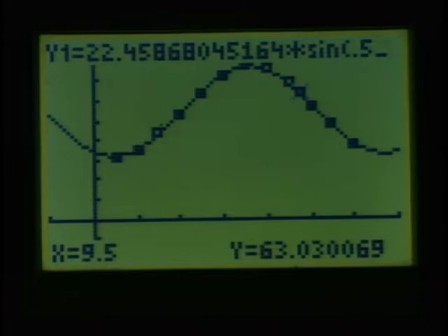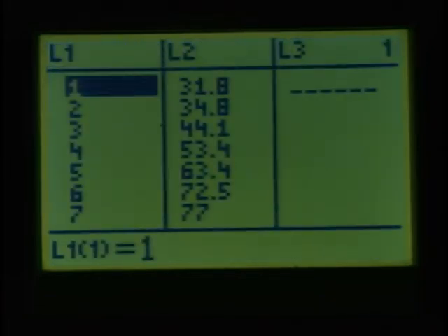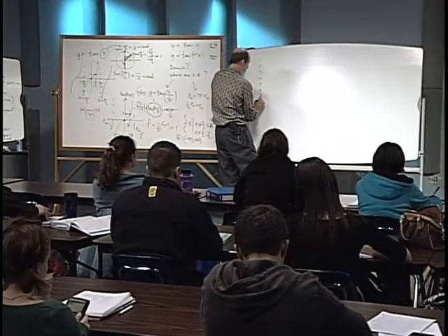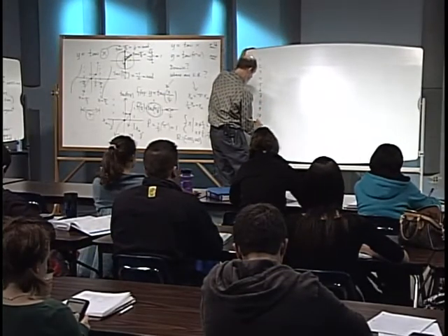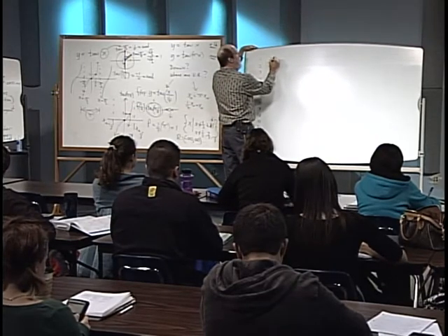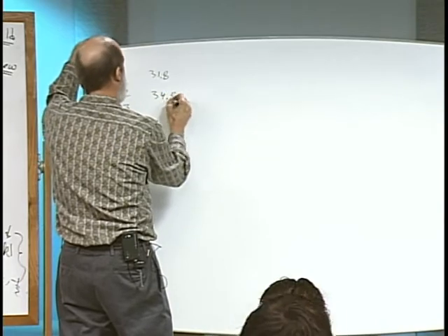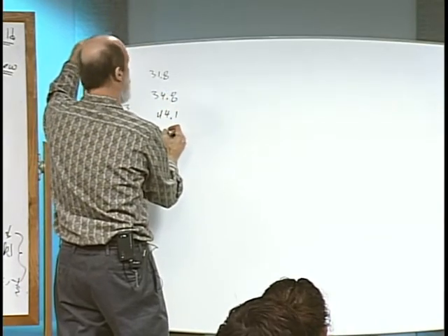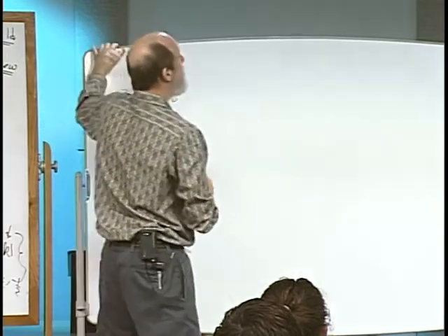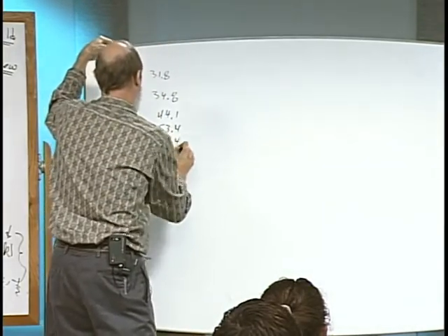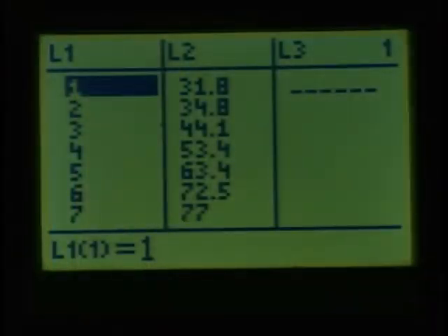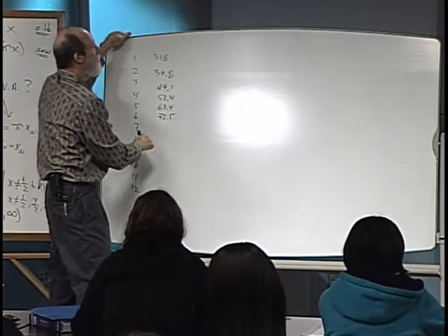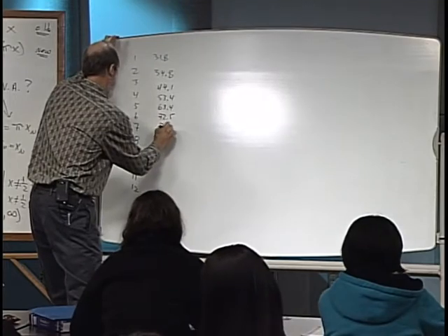Now, I want to go back to the data set, and I'd like you folks to read off the numbers that you might have in your notes. So I want to show you something new. So what I'm seeing is 31.8, 34.8, 44.1, 53.4, 63.4, 72.5, summertime, June, 72.5, okay, let's keep going, 77, getting hot,